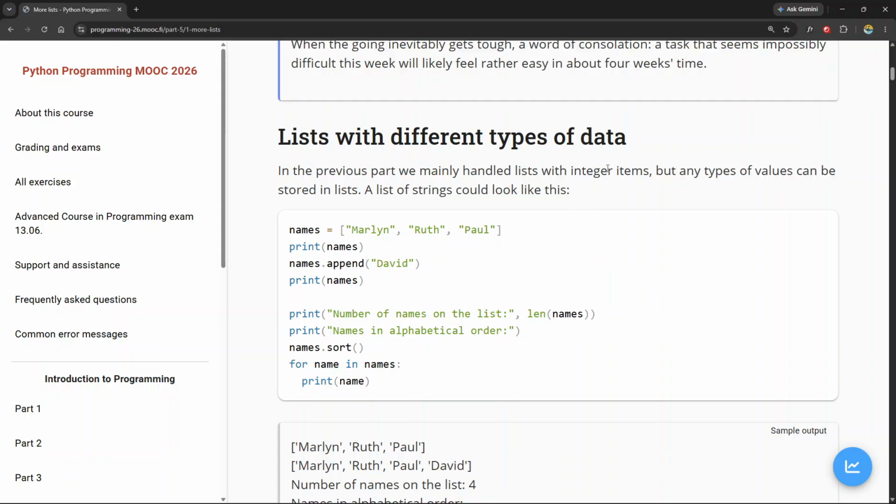Otherwise, let's get started with this part, lists with different types of data. In the previous part, we mainly handled lists with integer items, but any types of values can be stored in lists. A list of strings could look like this. And I think we've covered lists with strings in it before. I'm pretty sure that even in their examples, we've had lists with strings in them. But anyways, here we have a variable called names, which is assigned this list of strings,